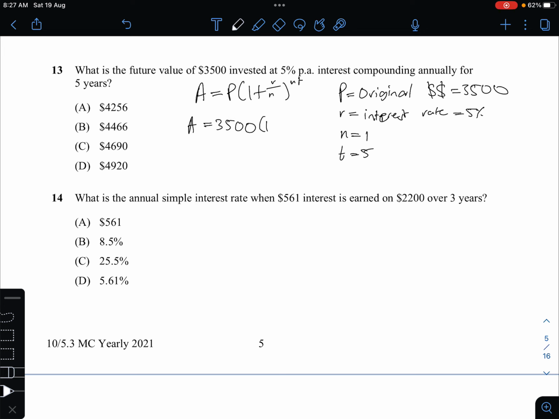3,500 times (1 plus 5% divided by 1) to the power of 5 equals, and then just put this into a calculator. I'll just use my computer. 3,500 times 1 plus 5... Where's my percent button? Okay, I'll just say 0.05, to the power of 5. And you get